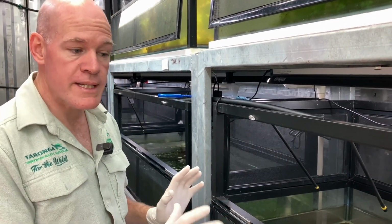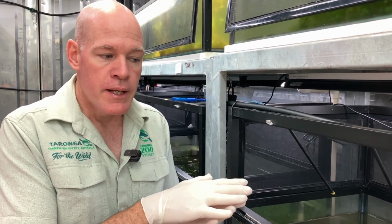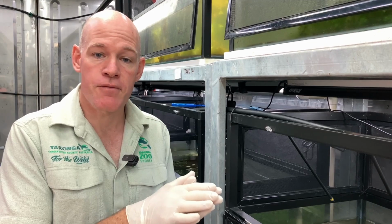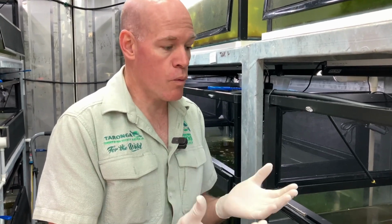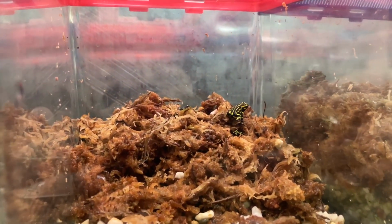And every time we release these frogs, the frogs with their colourful pattern that you'll see in the images and the footage of them, they've got beautiful yellow and black stripes, and their belly's got yellow and black blotches, but each one's like a fingerprint. So each frog is individually, we're able to tell them apart. So of all the 600 frogs in this facility, we're able to tell them all apart quite readily by their pattern. So when we release these frogs to the wild, we take photos of their back and their belly, and